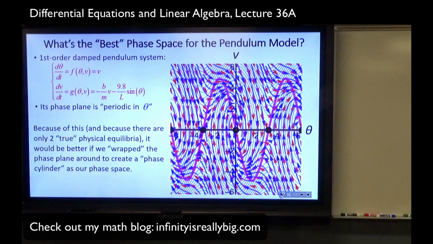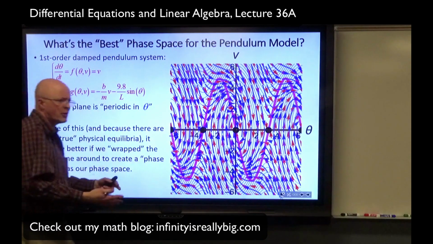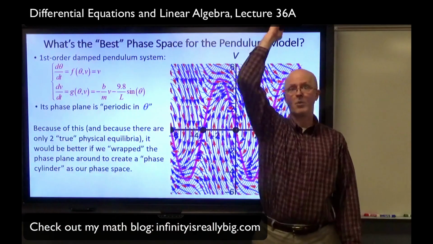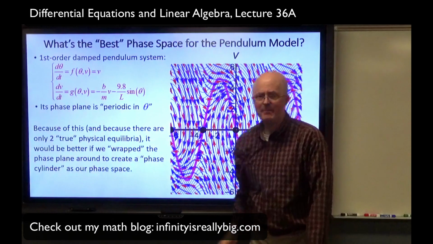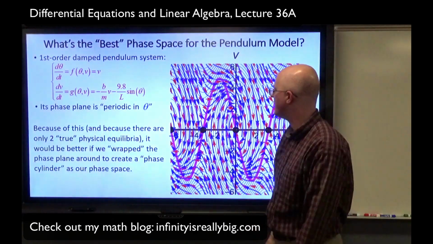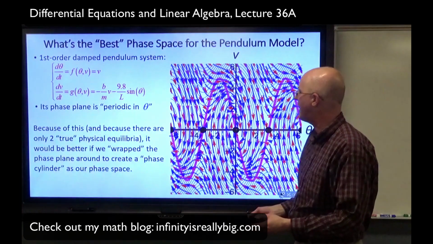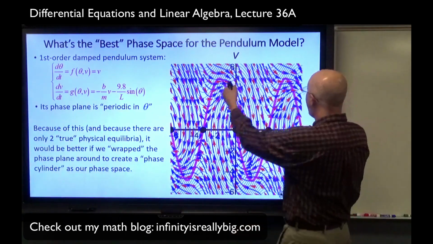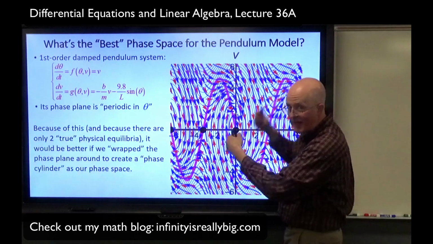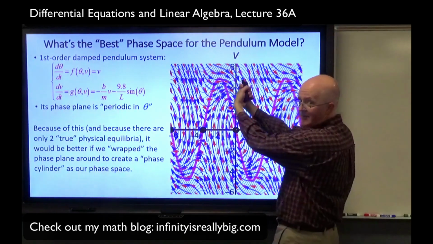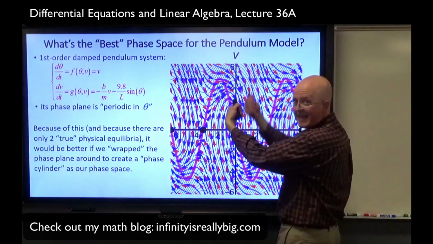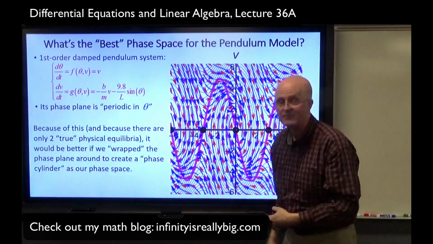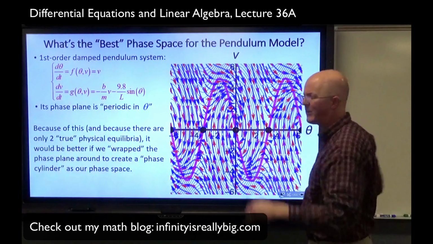Because of this, and because there are only two true physical equilibria, the pointing straight down situation and the pointing straight up, it would be better, technically speaking, if we wrapped the phase plane around to create a phase cylinder as our phase space. Imagine grabbing the plane here, use your imagination, curling it around, gluing the pieces together at, say, theta equals pi and theta equals negative pi, and then getting rid of everything